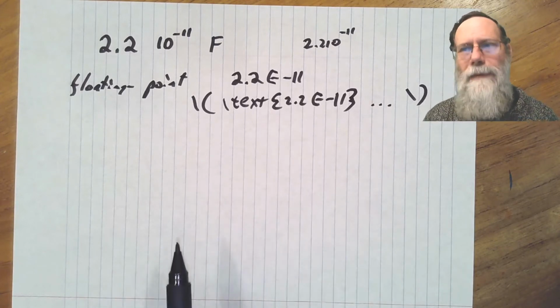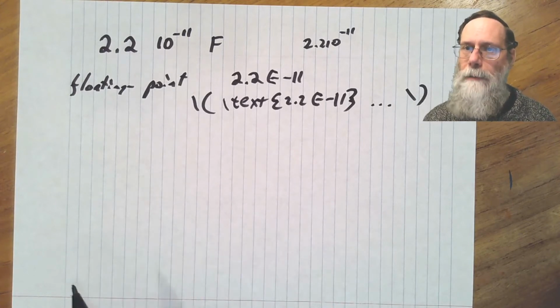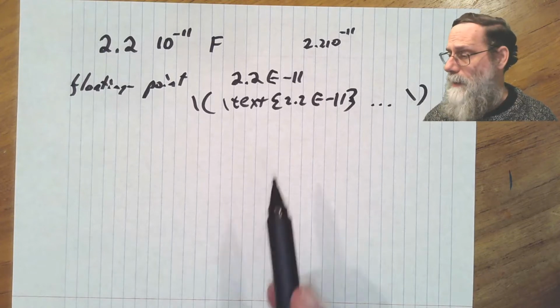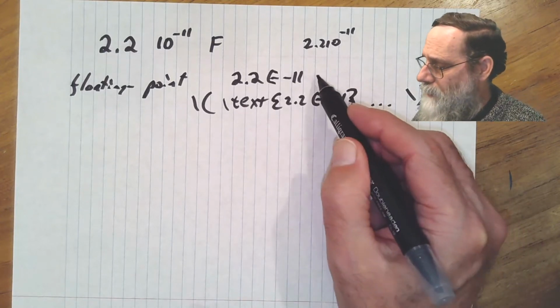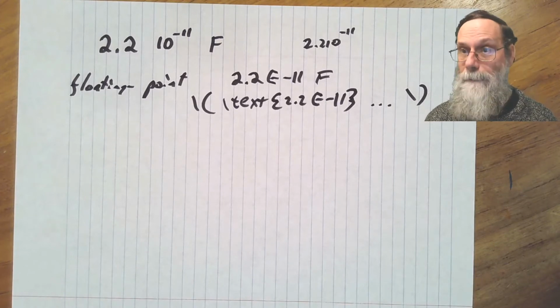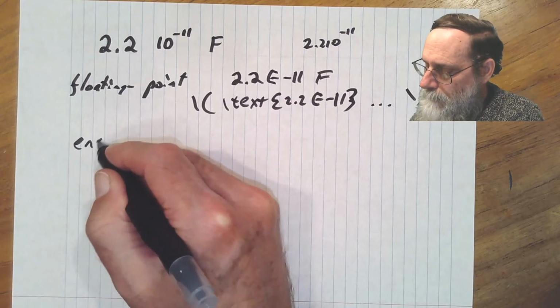Okay, so even that's not quite what we do. So the floating point notation gets rid of the superscript problem, but it doesn't solve another problem, and that is figuring out what does this mean. Sorry, we should always have units. What does this mean in terms of how many farads is that? And for that, we're going to use what's called engineering notation,